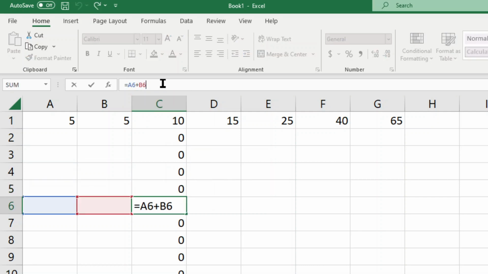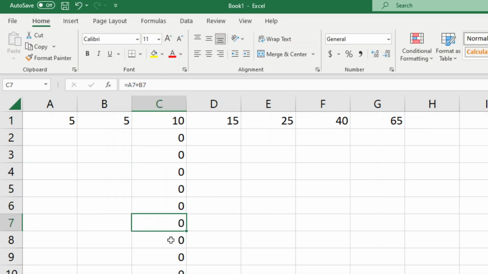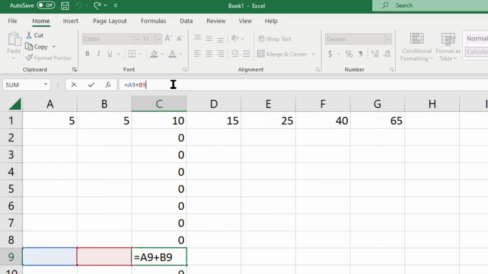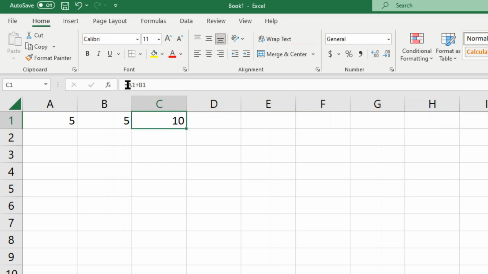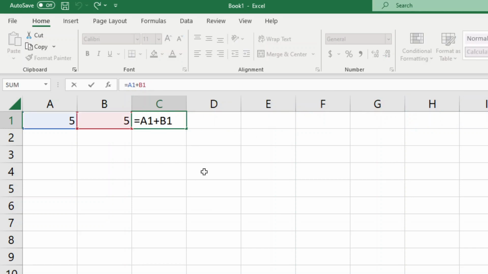So sometimes this is a good thing, and there's going to be a lot of times where you do want the cell references to move down or move across because it's going to allow you to quickly do math on a large set of data. However, there's also times where you want your cell references to stay in place. And how you would do this is by locking the cell reference in place or taking the absolute cell location,